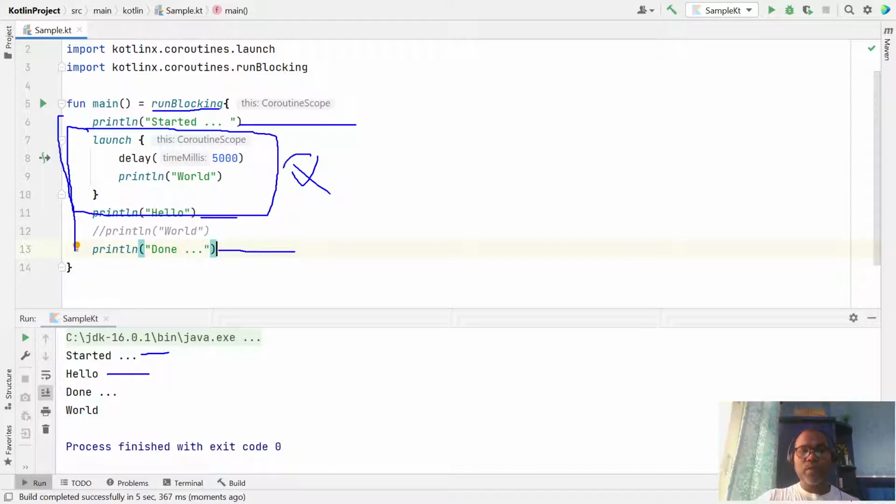This is your suspended function until completion, and this function just started computation, and after 5 milliseconds it says world, then it prints world. If you look at this code as sequential, it should print start, then world, then hello, then done. No, this is an asynchronous call, not sequential.